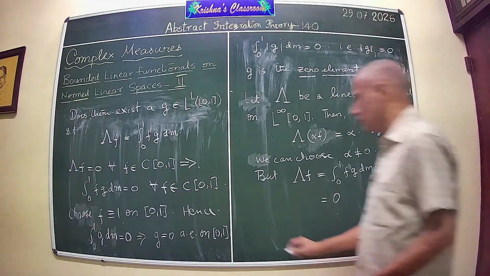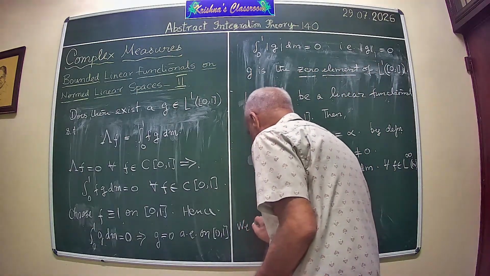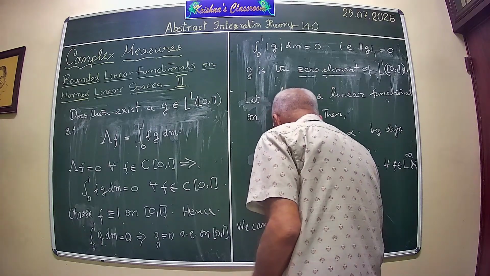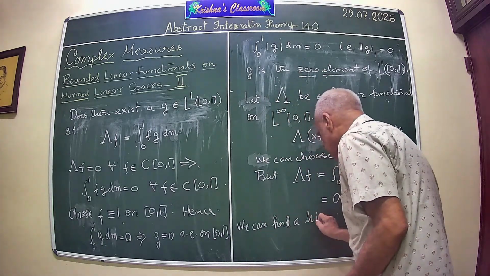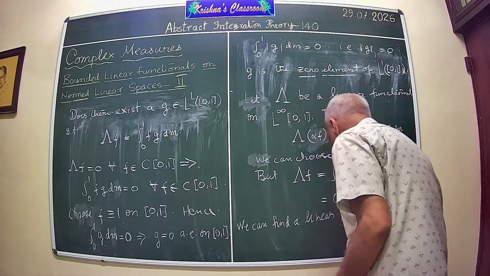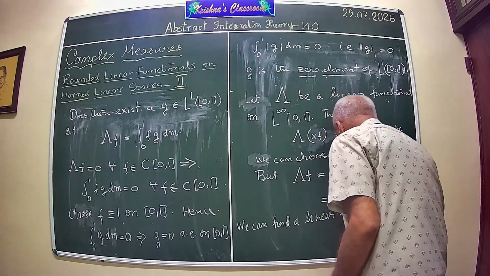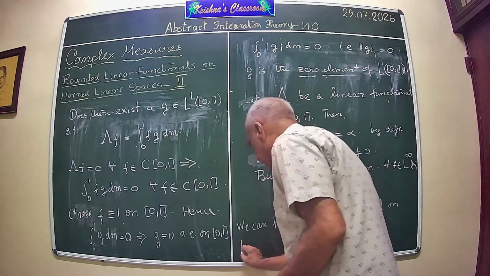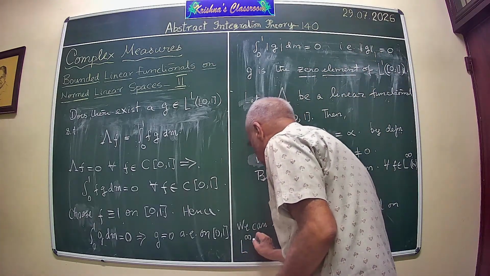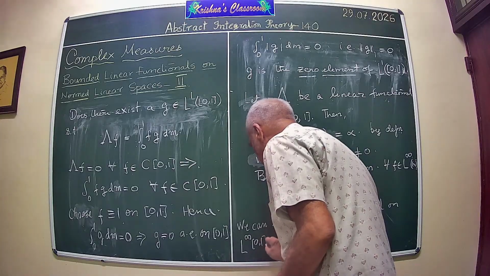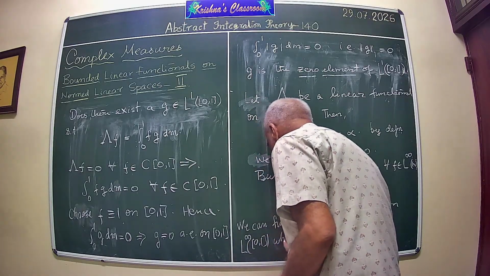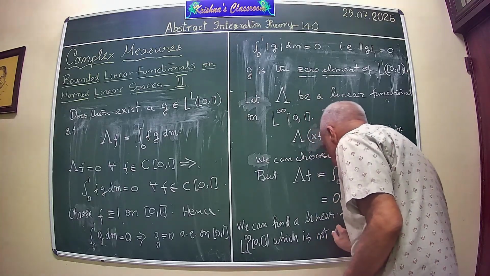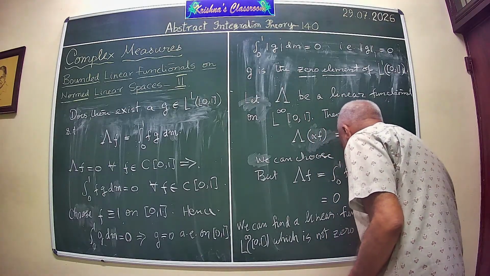So we are able to find a linear functional on L infinity which is not